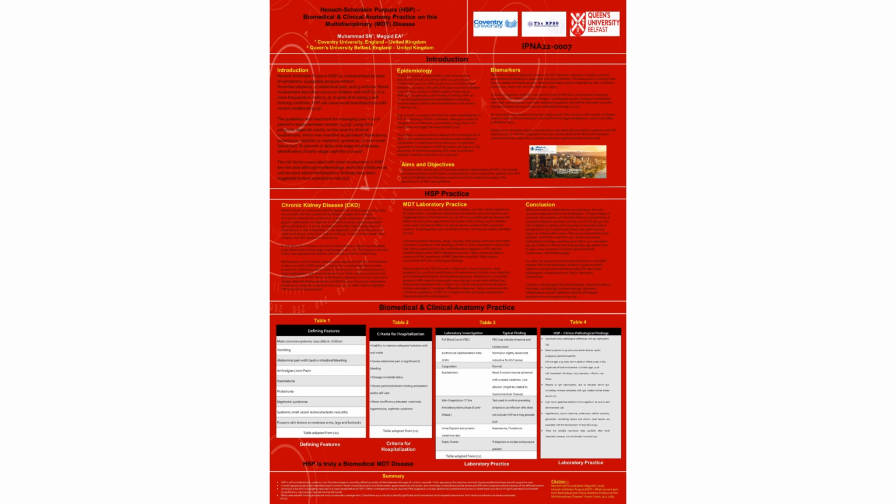The full paper is available through the Renal Patient Support Group, the RPSG, and it's titled Henoch-Schonlein Purpura, What Can We Learn from Biomedical and Clinical Anatomy Practice on this Multidisciplinary Disease. It was published in 2018 in the Austin Journal of Anatomy. This work was collaborative between the RPSG and two academic institutions as well. So I hope this overview provides a basis of